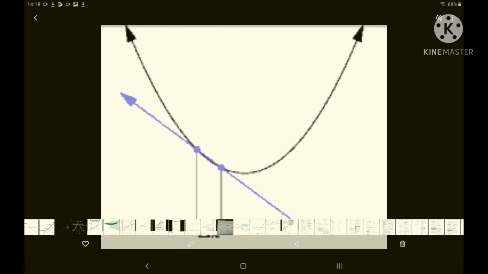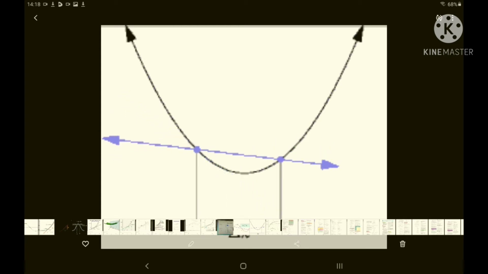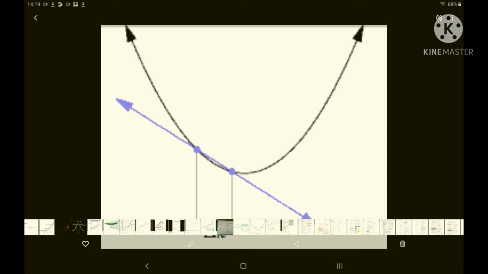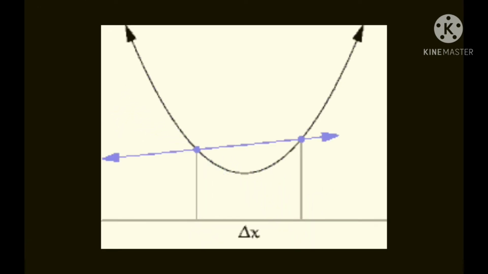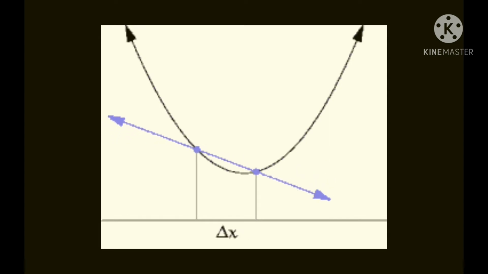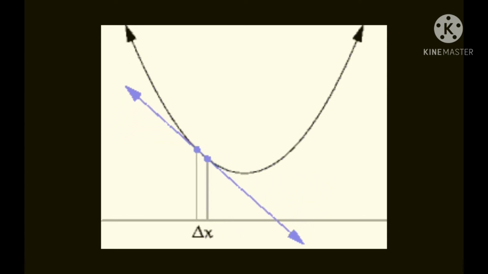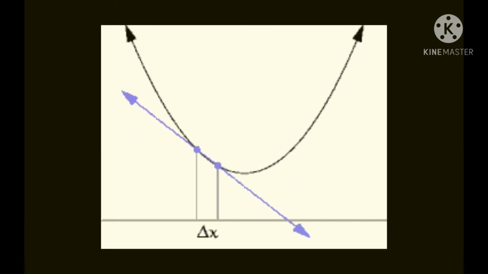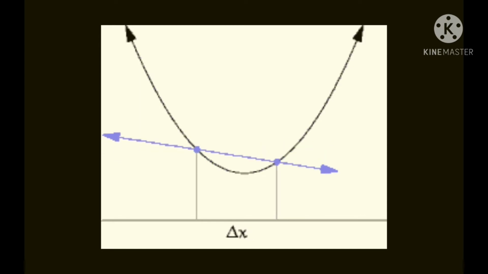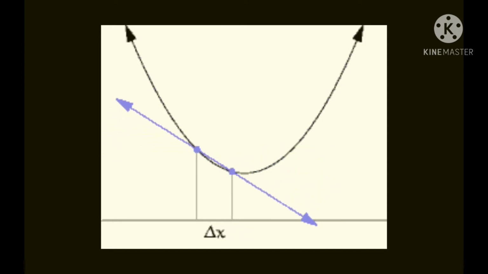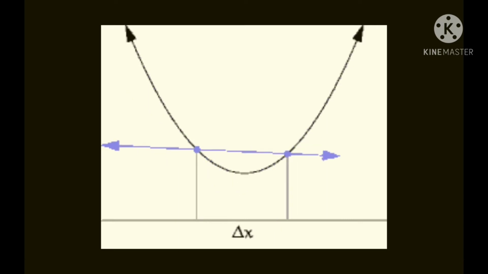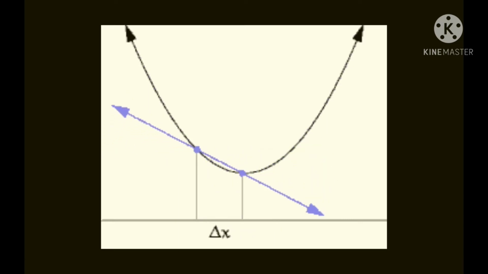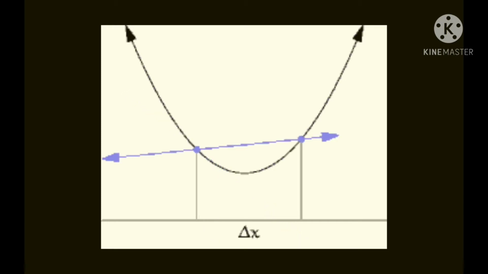Okay, now in front of you there is one line which is moving repeatedly. Can you see this one? If you have any curve and your line is moving here, see what is this delta x? Can you imagine? In the last practical we have seen what is meant by delta and how to find out slope by using delta. Delta is nothing but changes in values, small increment in values, increment or decrement.